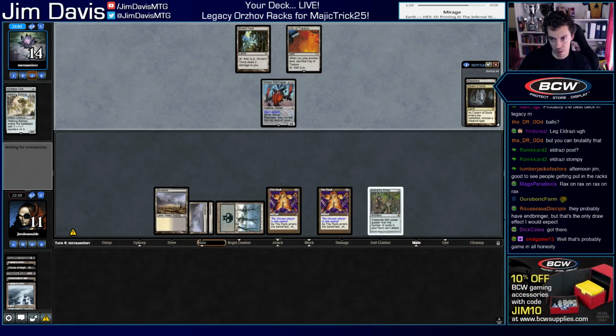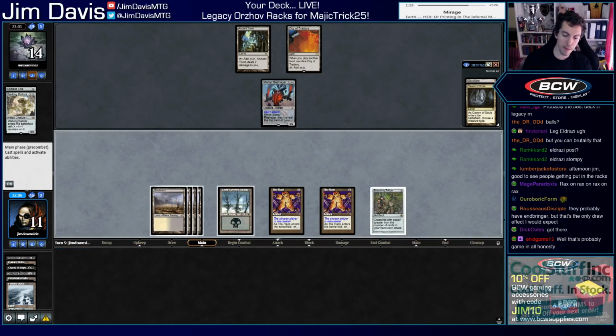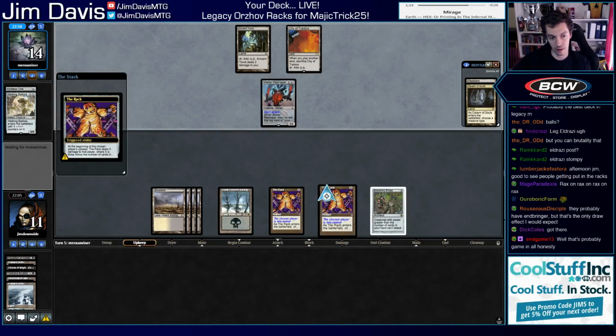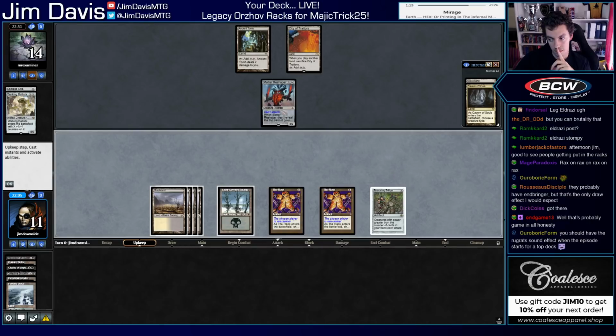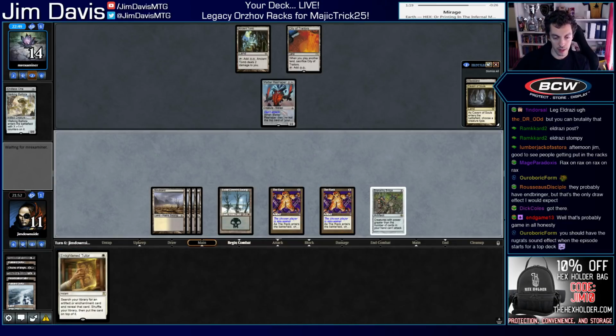So they probably need to Ballista us to kill us. And we draw Scrubland number 4. Love it. They've got 5 cards in hand though, so... 6 cards now. What's the Rugrat sound? I guess the Mist is good now, or whatever. That card's good now, so